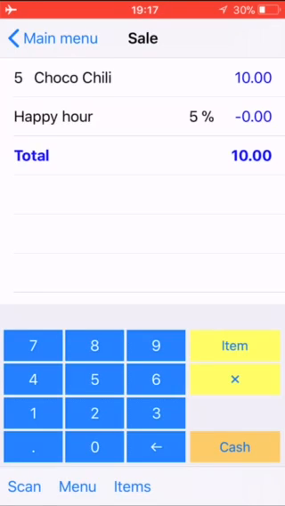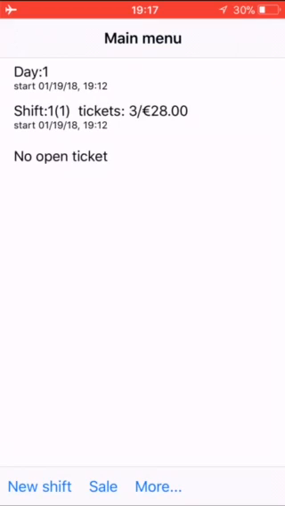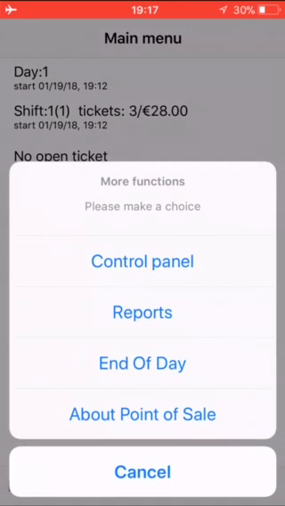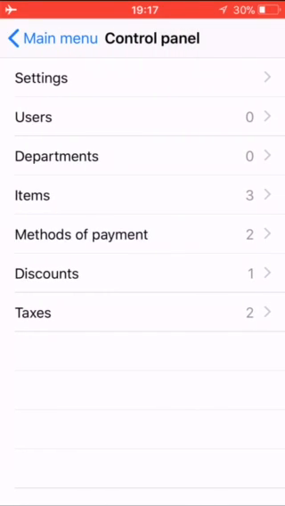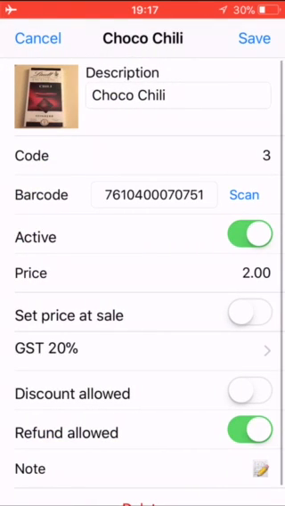and select the discount we have. Happy hour, but now it is zeros. Why is it zeros? I will explain it immediately. It is because not for all items you can apply discounts. So go back to items and go to chocolate and